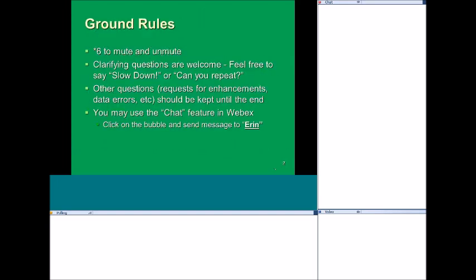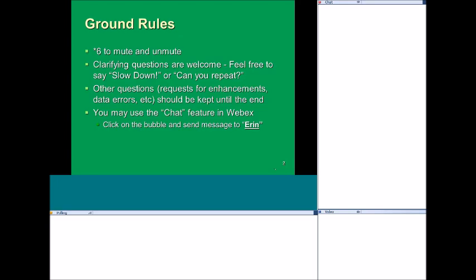Before we get into the subject matter, I do want to go over a few ground rules. Since we do have a number of people on the line, we all need to do our part to try to reduce the background noise. And we are having some moving around here, so hopefully you won't be able to hear that. It's in other rooms, but it's pretty loud, so hopefully it won't bother you. But if you can use your mute button on your phone or use *6 to mute and unmute your line, that would be great.